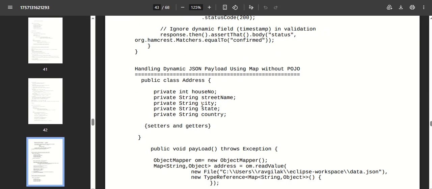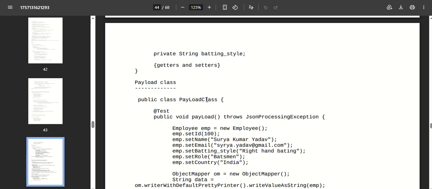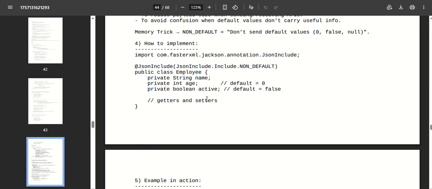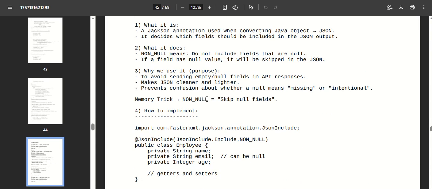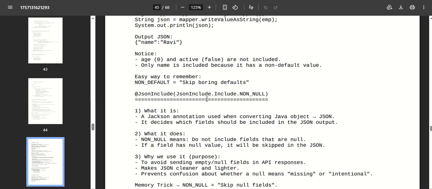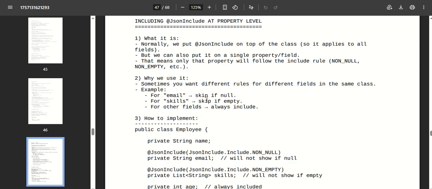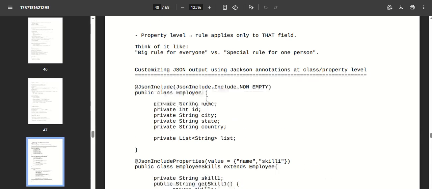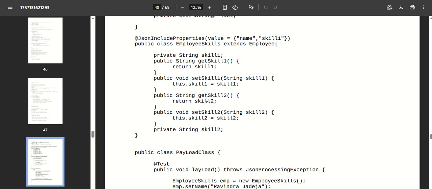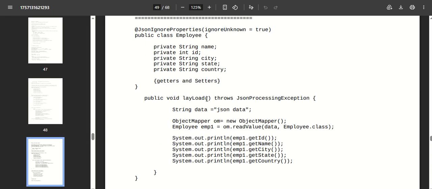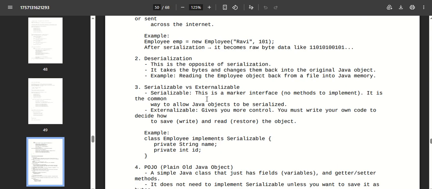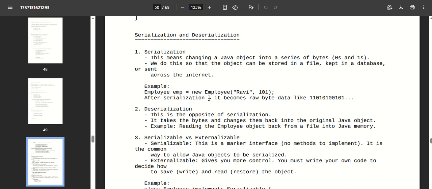Okay, you can see, right, we have given the examples to end-to-end